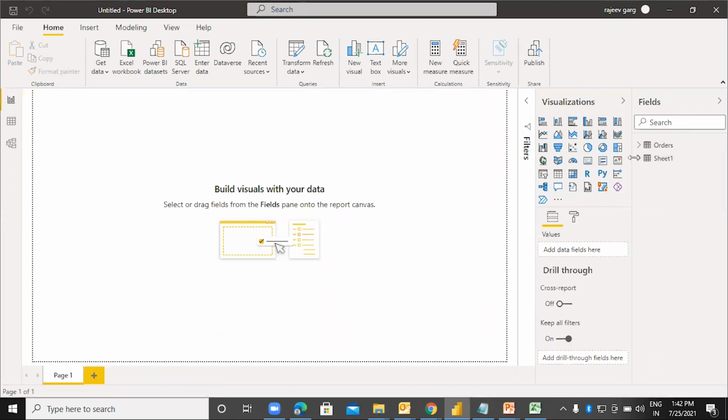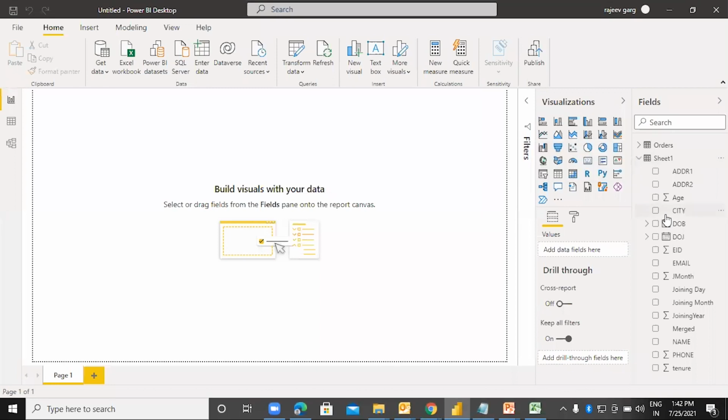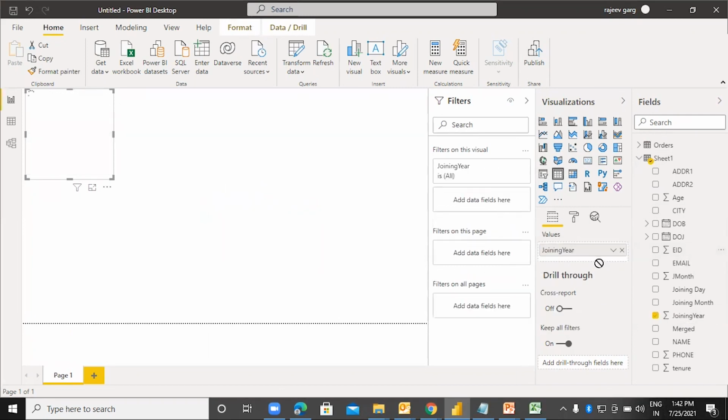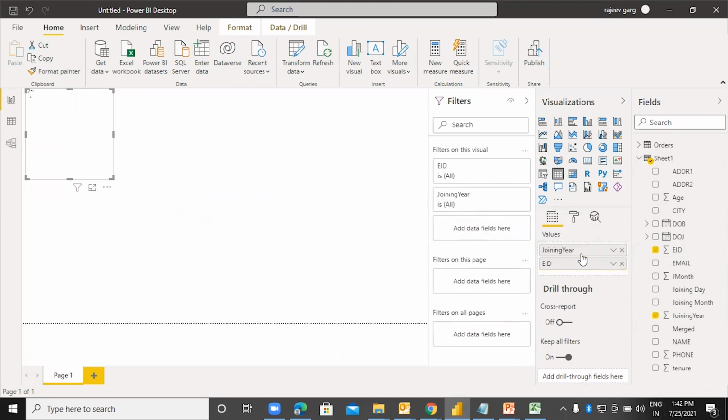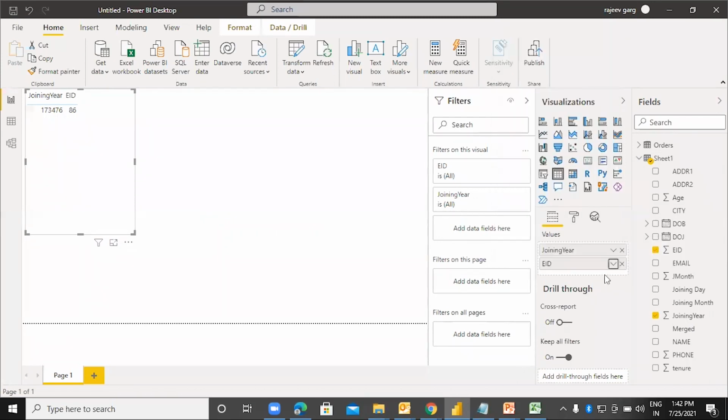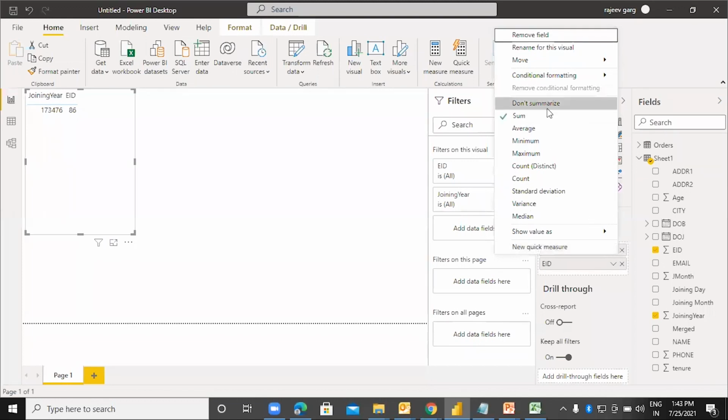Here it is. Now I wanted to find out how many joinings have been done each year. So let me take a table over here. Let me put the joining year, and I would like to put the count of employee IDs. And here I am getting the sum, count, don't summarize.